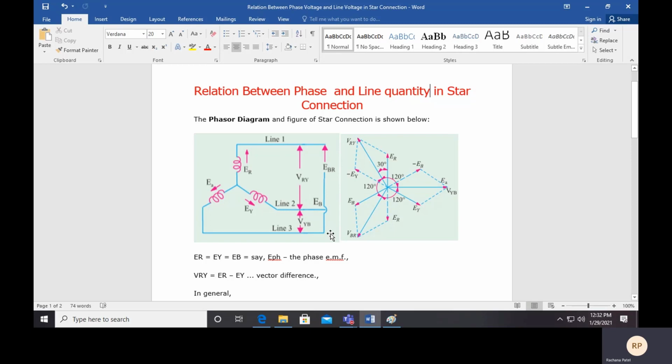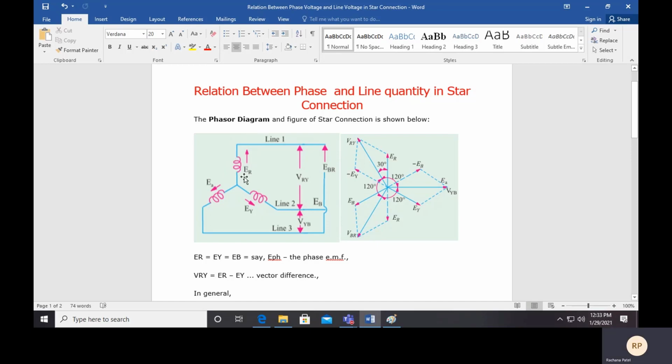Guys, when we want to find the mathematical relationship between line voltage and phase voltage, the phasor diagram is the important step. Based on the data given over here, we have to find the relation between these three voltages and these three voltages. Let's say we consider line number 1 and line number 2, R and Y, and in between these we have the line voltage with notation VRY. So this line voltage VRY we need to specify in terms of the phase voltage. Which phase voltage? Let me trace the path from R.